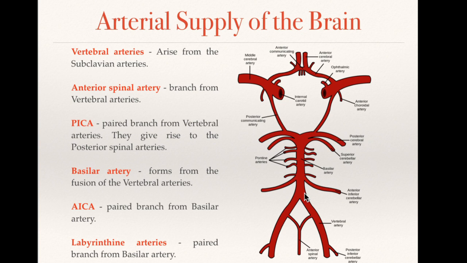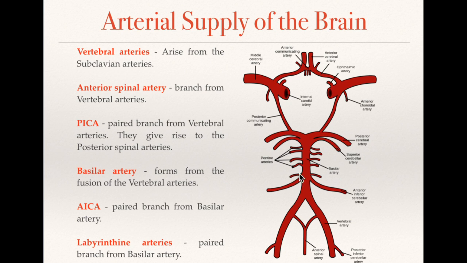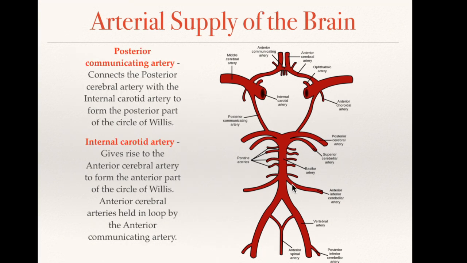The first branch that I'll talk about is the anterior inferior cerebellar artery, also known as AICA. After AICA, the next branch is the labyrinthine arteries, shown over here. You also have four paired arteries, which are the pontine arteries, shown over here. Moving on from the pontine arteries, the basilar artery also gives rise to the superior cerebellar arteries on both sides,